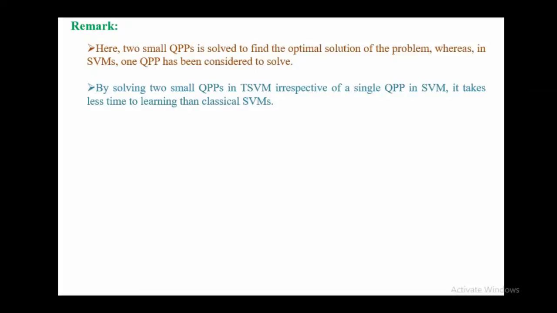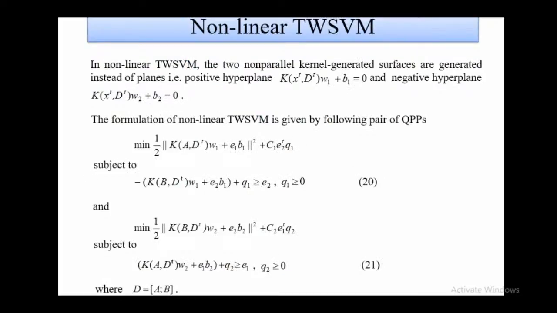So for those who are applying support vector machines to different applications, my suggestion is that instead of applying SVM, you try the twin SVM, and I hope you will get better performance in comparison to SVM in terms of generalization ability, and it will also take less time. This is my advice for you. Everything I have discussed so far is for the linear case. Now I have written the whole thing for the non-linear form.